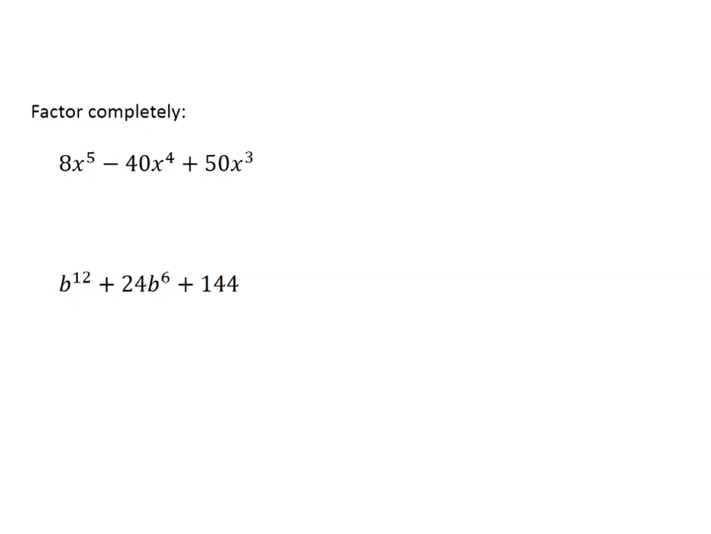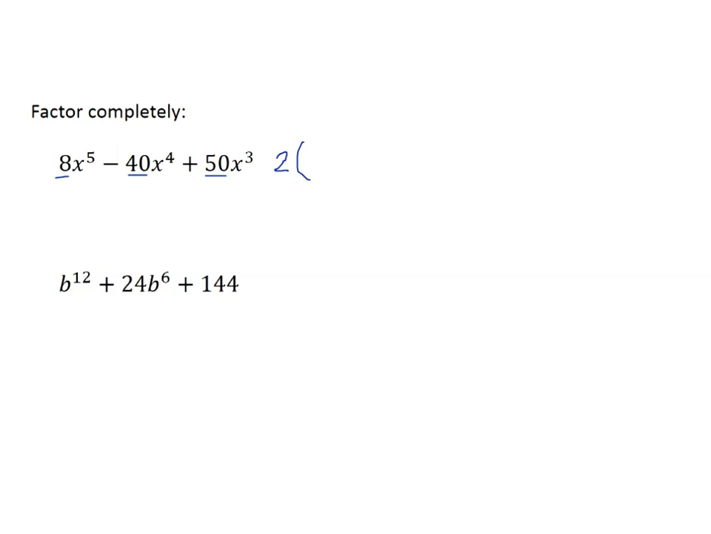All right, we should always look for a GCF first. And it does appear that our numbers can be divided by a common factor. What number goes into 8, 40, and 50? Well, 2 definitely goes in because they're even. 4 only goes into the first 2. 5 only goes into the last 2. So it looks like 2 is going to be our GCF. So when I factor out a 2,